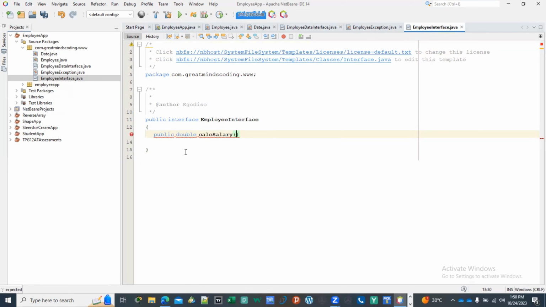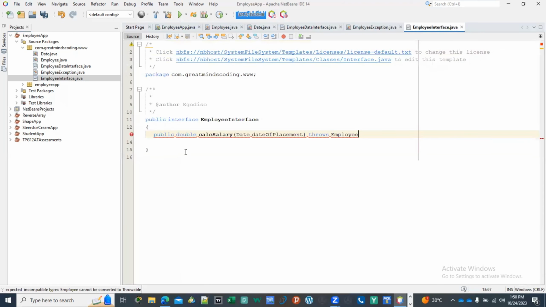And what we're going to need in here is an int, which is the month, or let's say we're going to need the full date of placement. And this must throw